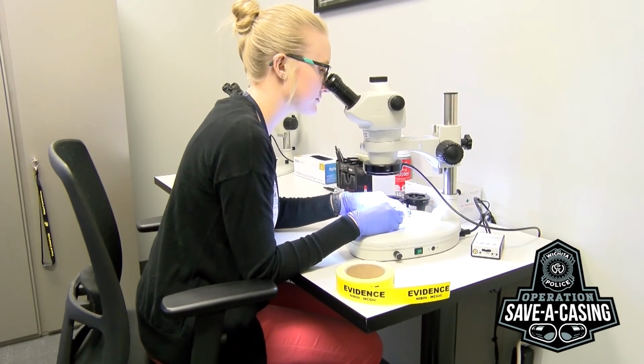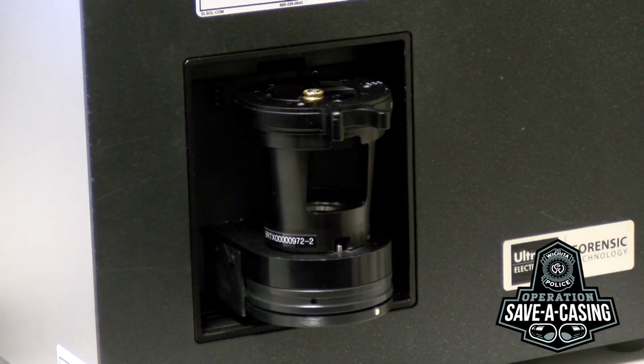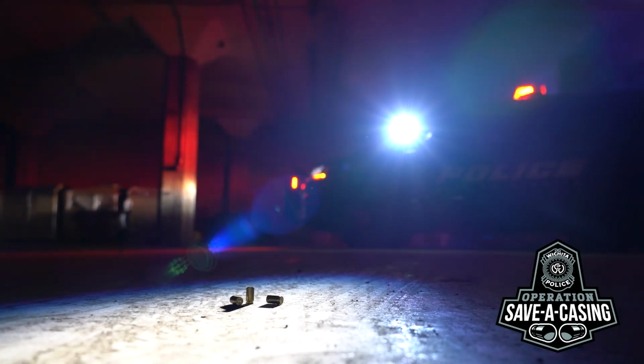So us being able to then take those casings and enter them into the system called NIBIN, which is the National Ballistics Information Network, we are able to use that information from the casings to see if that firearm is being used in other crimes that may be committed across the city. So you can imagine that us being able to link other incidents and possibly identify a suspect with those cases is a huge part of moving forward and possibly making an arrest and providing closure to not only victims of violent crime, but to improve the safety